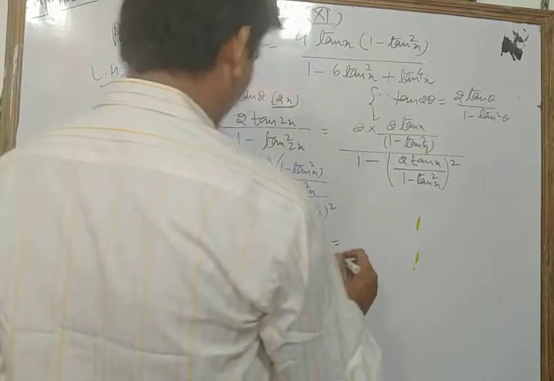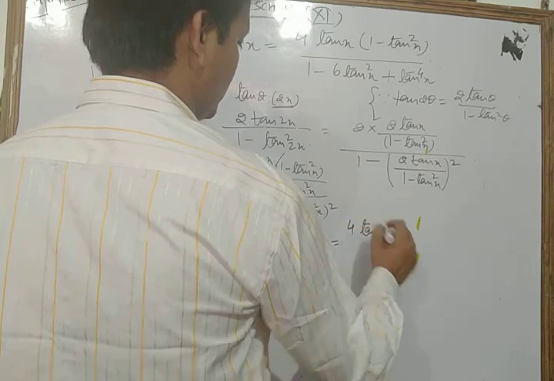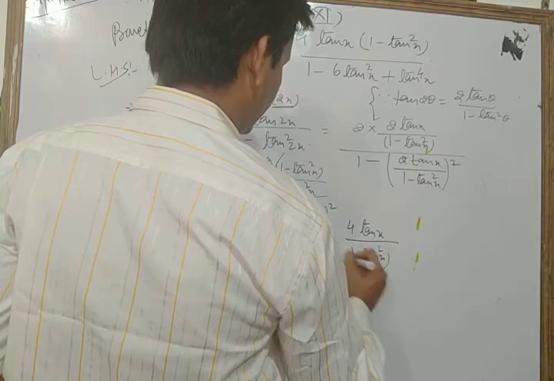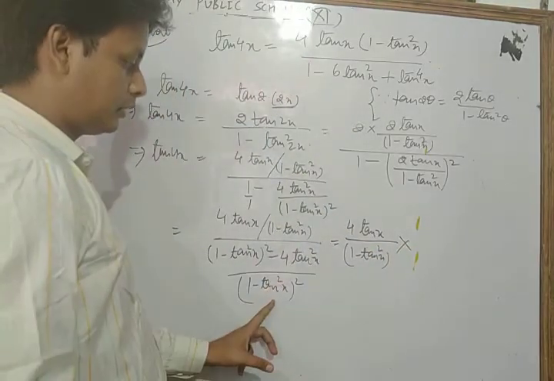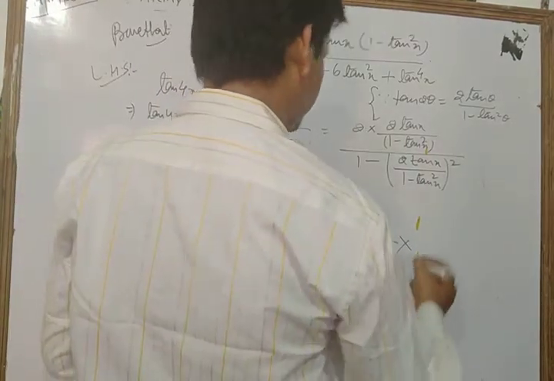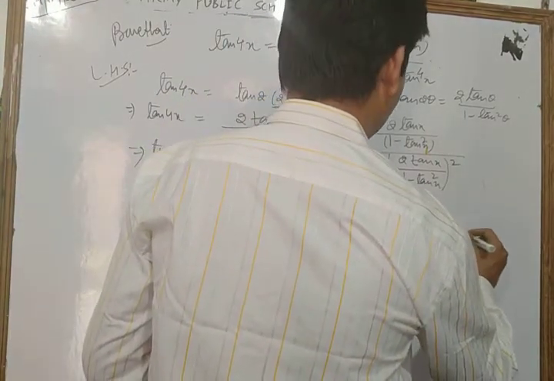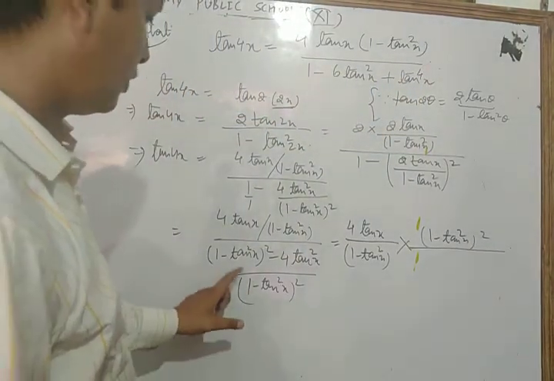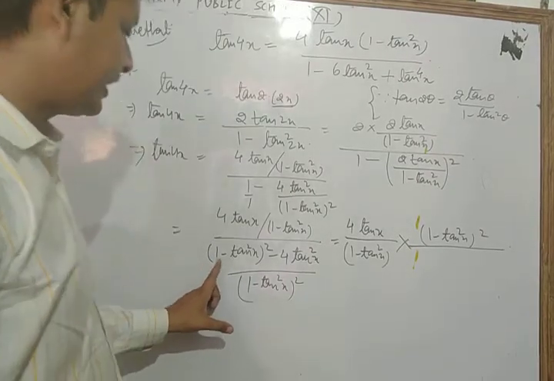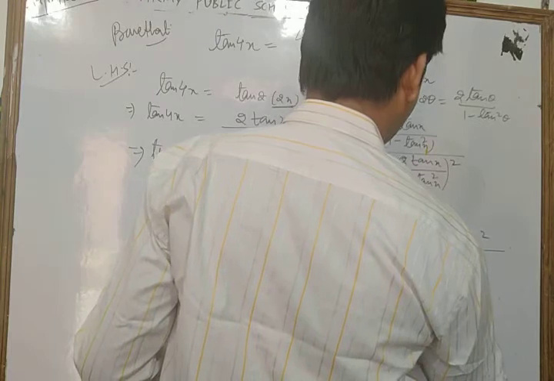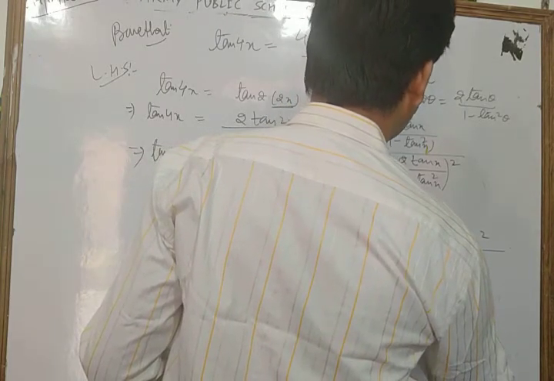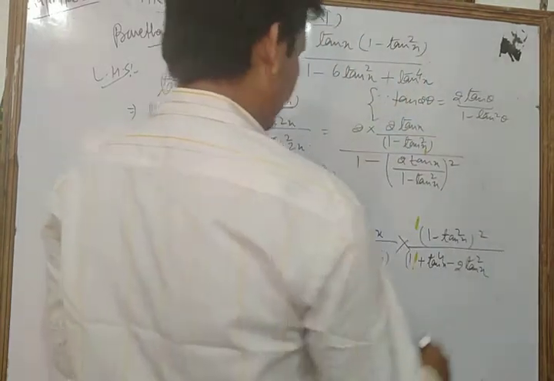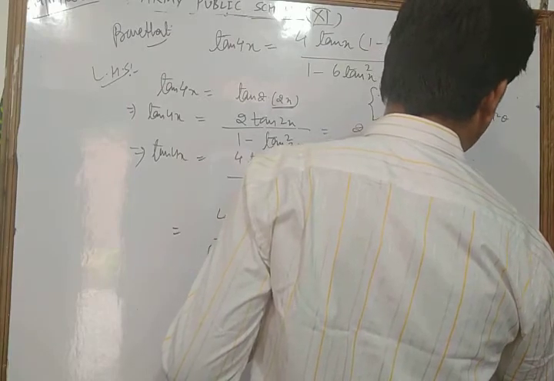Now let's see, we have 4 tan x upon 1 minus tan square x. Multiplying that part, it goes into the numerator, that is (1 minus tan square x) whole square upon... We expand that using the identity (a minus b) whole square, that is a square plus b square, that is tan power 4 x, minus 2ab, that is 2 tan square x. And here we write 4 tan square x as it is.